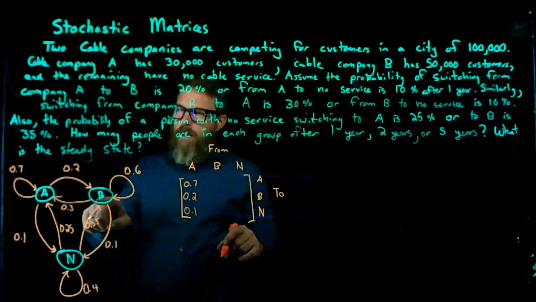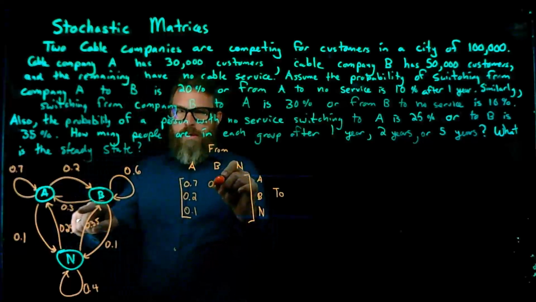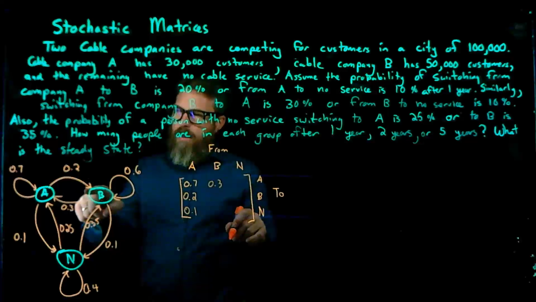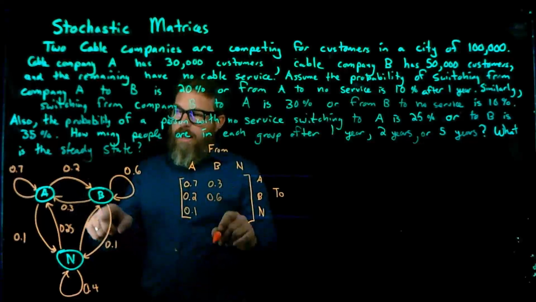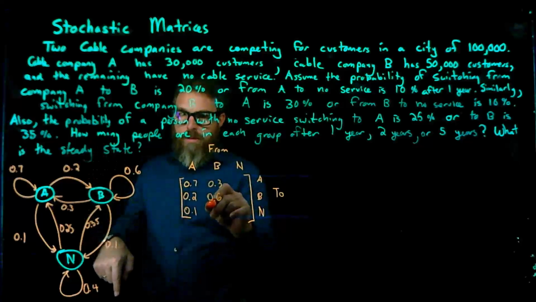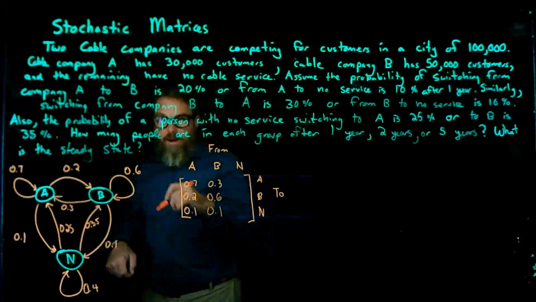Now working with B. From B to A is 0.3. From B to B is 0.6. And finally, from B to no service is going to be 0.1 again. All right, so now from no